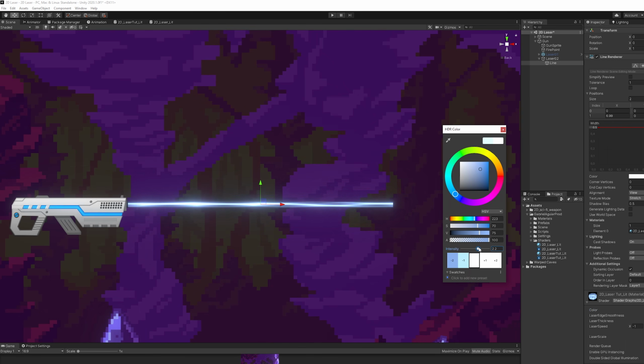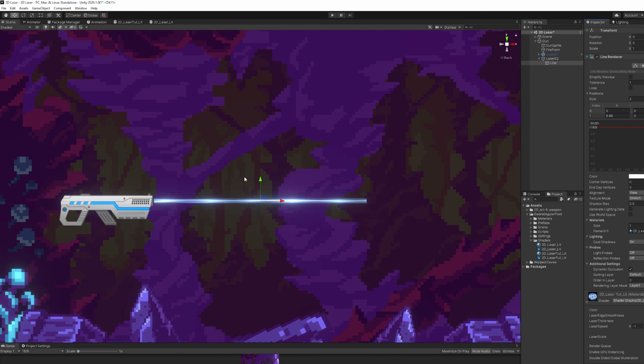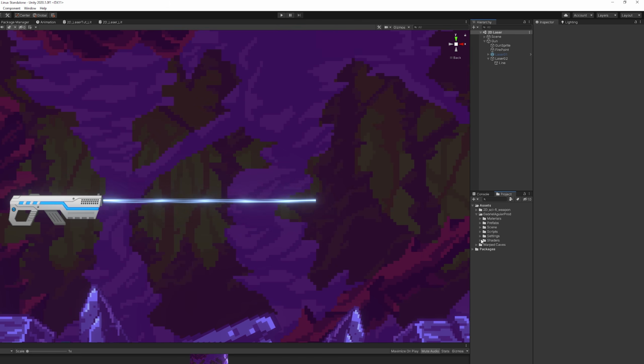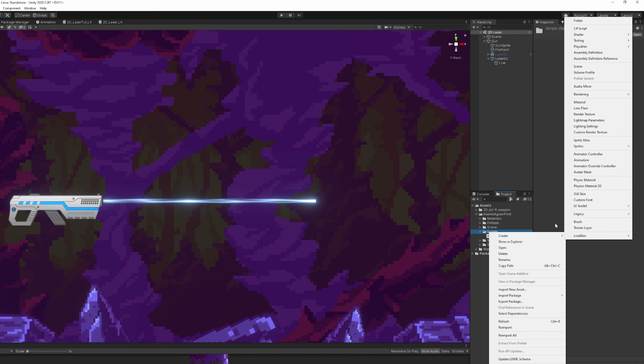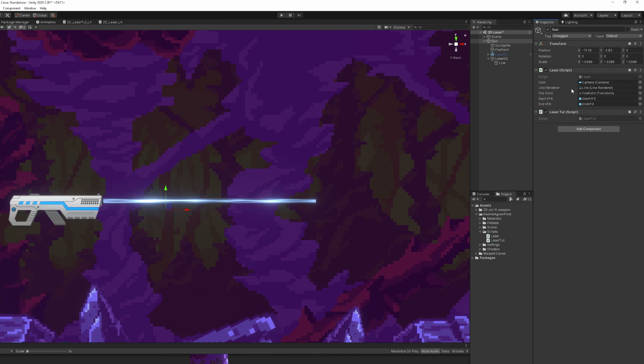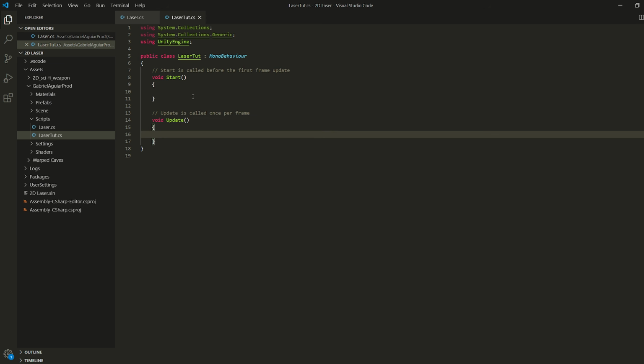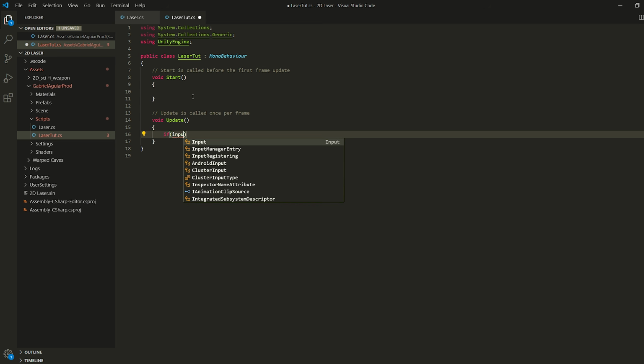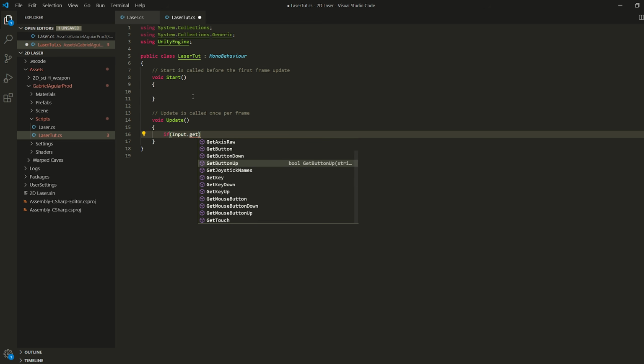Right, so once you have played with these values and with the color, we want to shoot this laser and we want this to follow our mouse and collide with the scene, right? So let's go ahead and create a script which I'm going to attach to my gun. I'm going to disable the previous script and attach it right here. So let's open it up, and the way we interact with this laser is very simple. First, we check if we have clicked on the fire button,